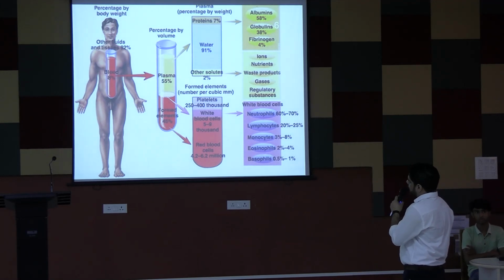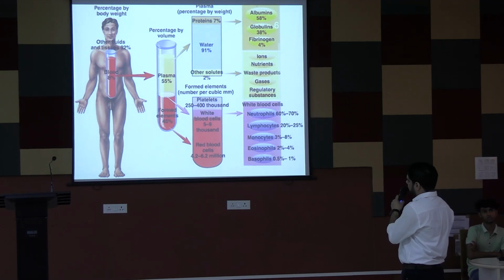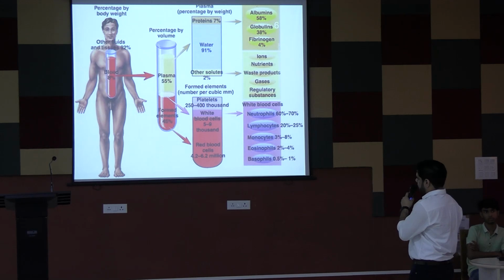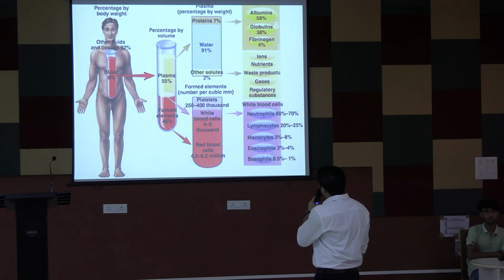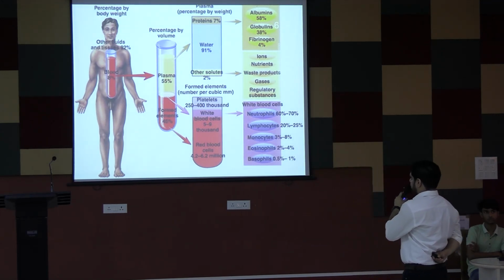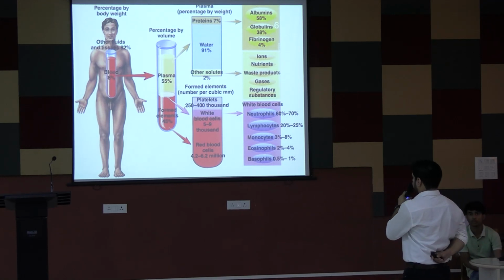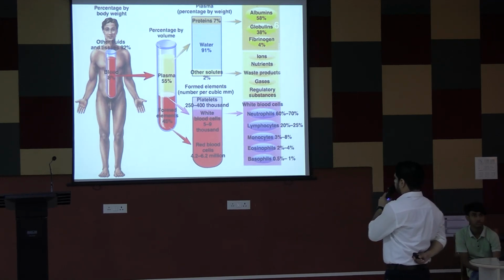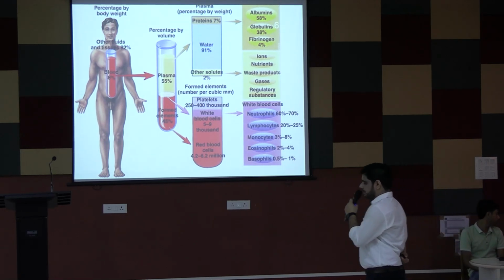Total weight of the blood is 8% of the total body weight. It is plasma, which is 55%, and formed elements, which is 45%. In plasma, protein is 7%, water is 91%, and other solids are 2%. Proteins are albumin mainly 58%, globulin 38%, fibrinogen 4%, and other solids are ions, nutrients, waste products, gases, and regulatory substances. And formed elements, number per cubic millimeter: